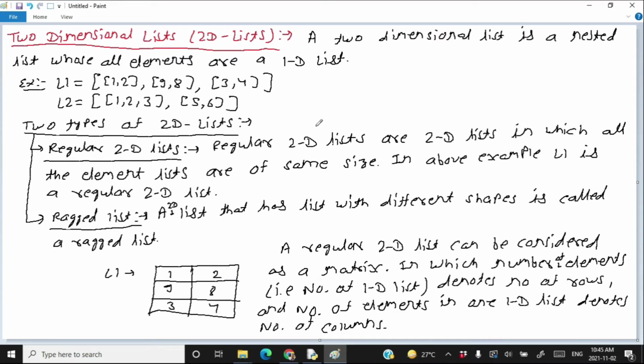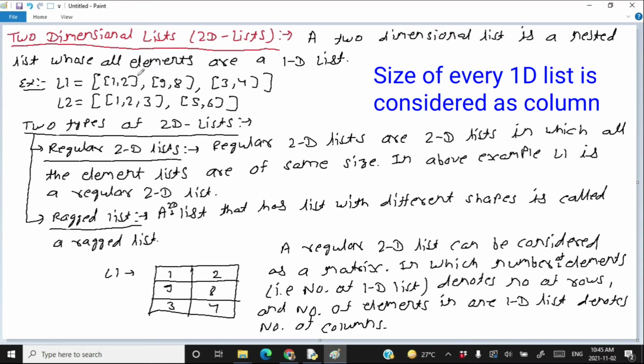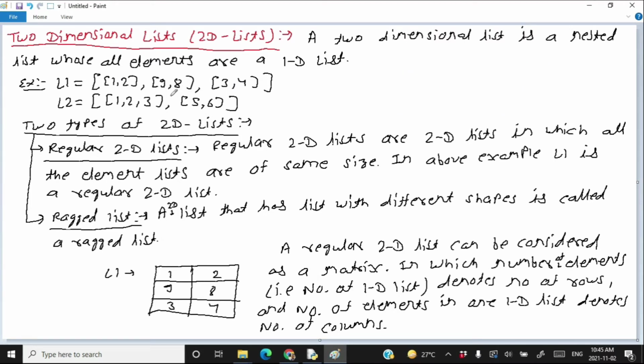And you know that in a regular 2-dimensional list, all the 1D lists are going to have the same number of elements.